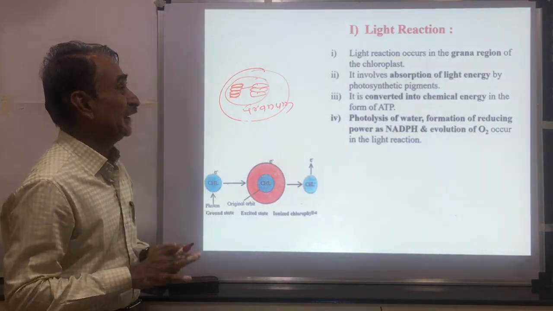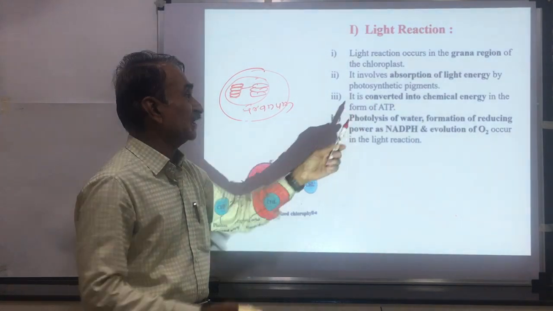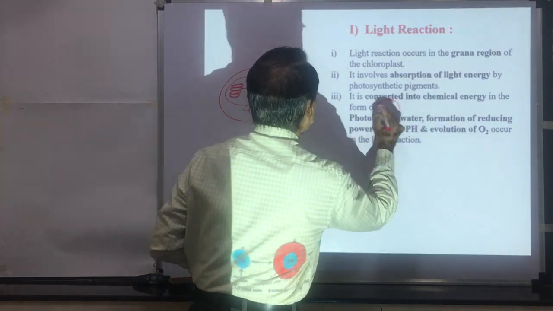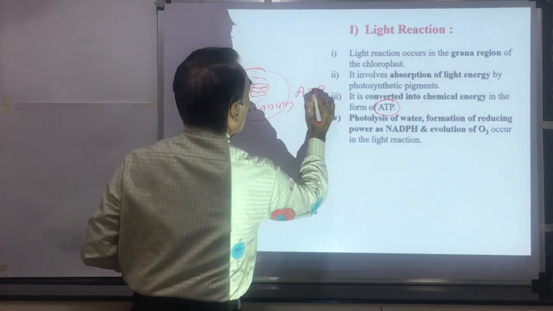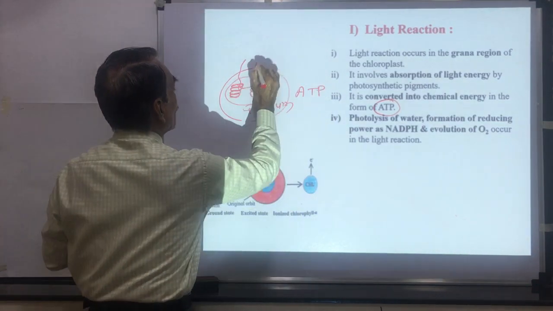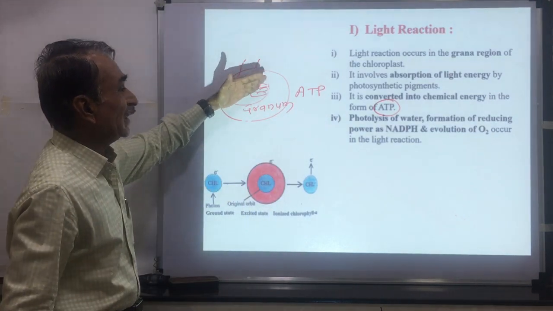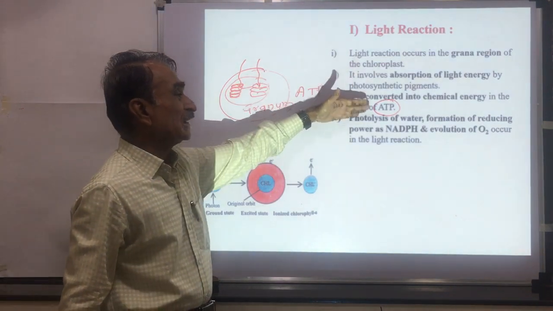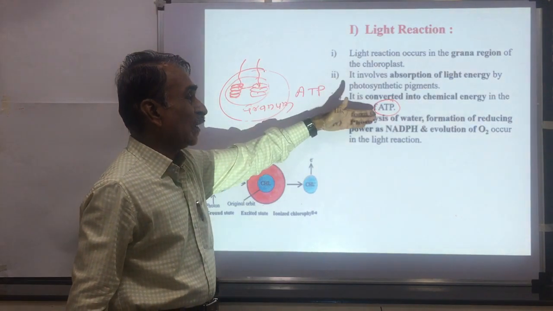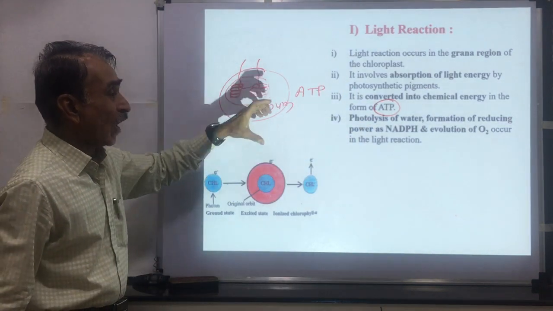They absorb light energy. This absorbed light energy is converted into chemical energy in the form of adenosine triphosphate. Here there is formation of adenosine triphosphate. This means the light energy absorbed by the photosynthetic pigments is converted into chemical energy in the form of adenosine triphosphate. Photolysis of water, formation of reducing power as NADPH, and evolution of oxygen occur in the